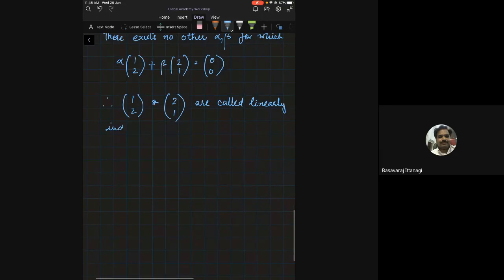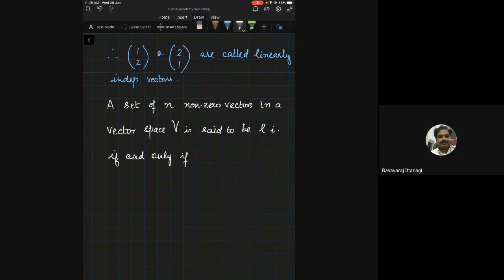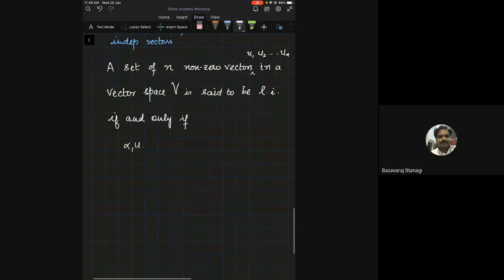Now, how do we define them properly? We say that if you have a set of n non-zero vectors, this is very important, a set of n non-zero vectors in a vector space V is said to be linearly independent if and only if, well, these n non-zero vectors, we'll take them as u1, u2, etc., un, if and only if alpha 1 u1 plus alpha 2 u2 plus alpha n un is equal to the zero vector,